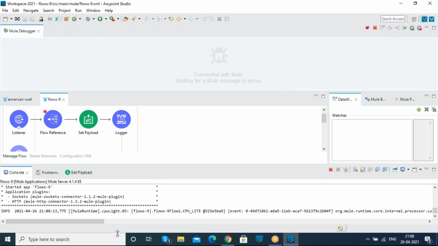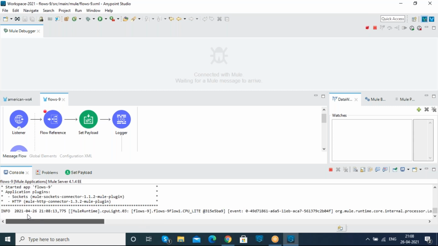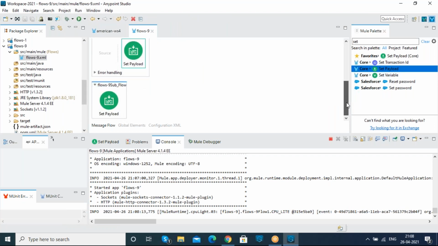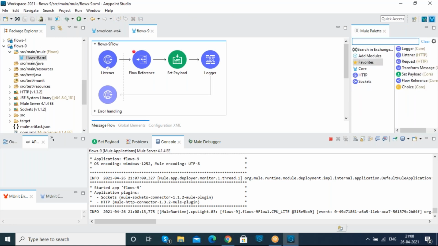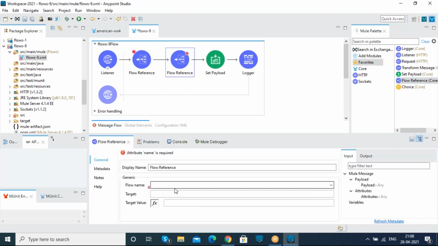And if I just click on the next process, here the private flow is displayed as our response. Now exactly in the same way, if I am just calling the subflow, for example, so I'm just calling the subflow over here.